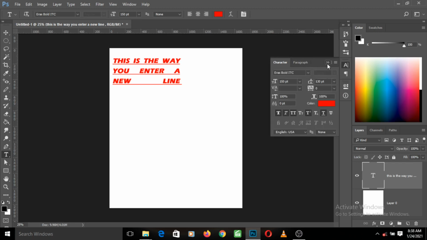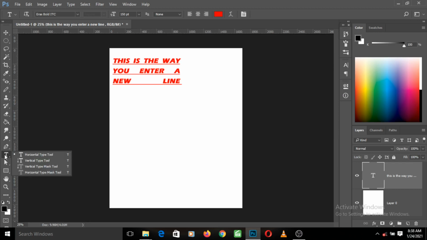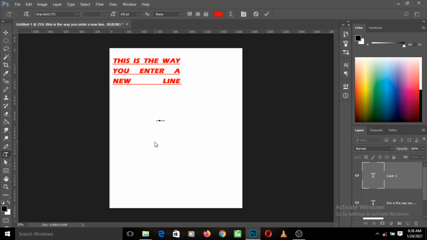Finally, let me also show you the second tool of this text tool, which is the vertical type tool. When you use the vertical type tool, as the name implies, it causes you to type vertically. So you can see that it's typing in a vertical way. So this is basically it for learning about using the type tool. I hope you've learned something meaningful and see you in the next